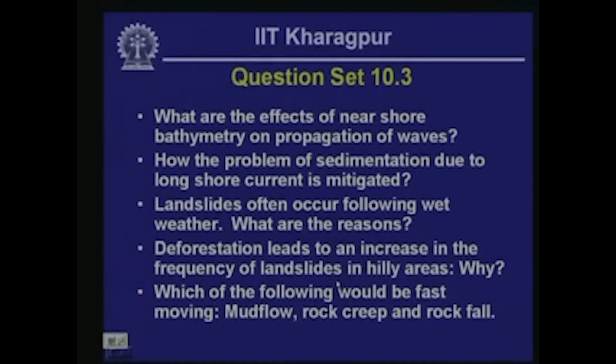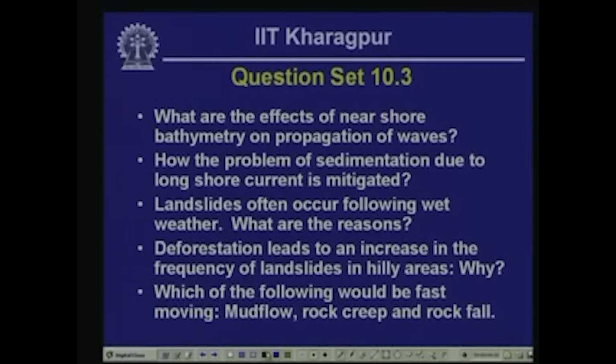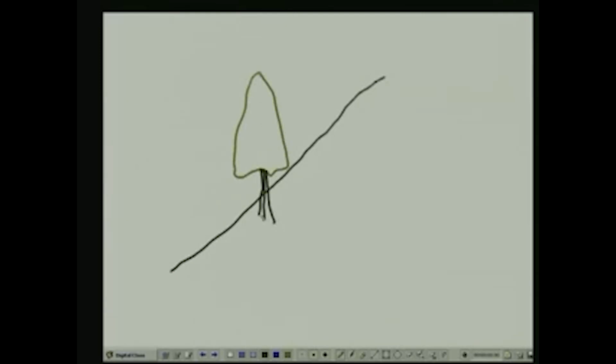Basically what happens because of deforestation, two things are happening. Let's look at a section of a slope. Let's say you have got a slope of this type and you have tree cover, and the roots of these trees actually penetrate the near surface soils. You could have other trees as well. You could have several other trees in the area,